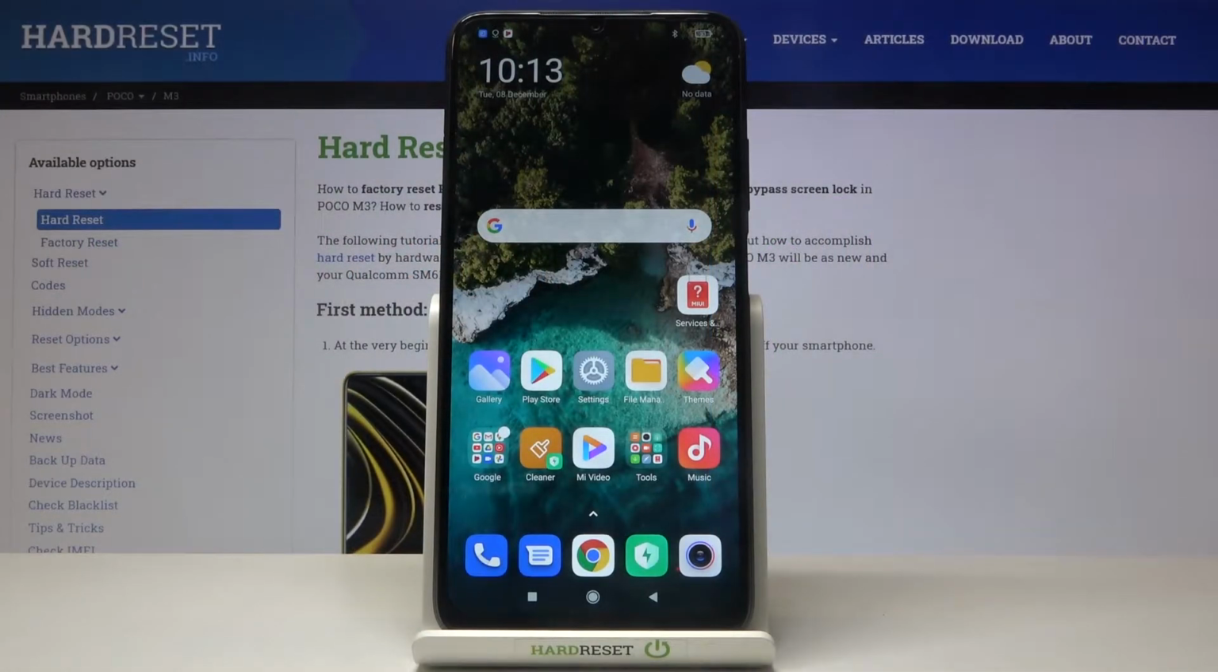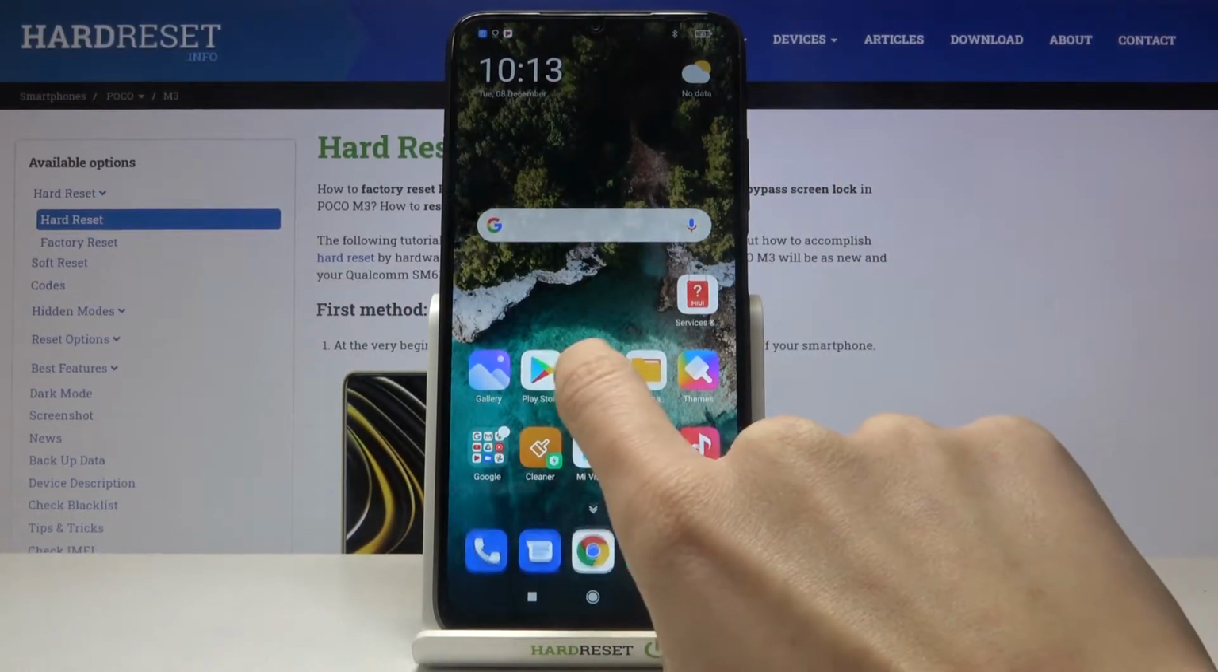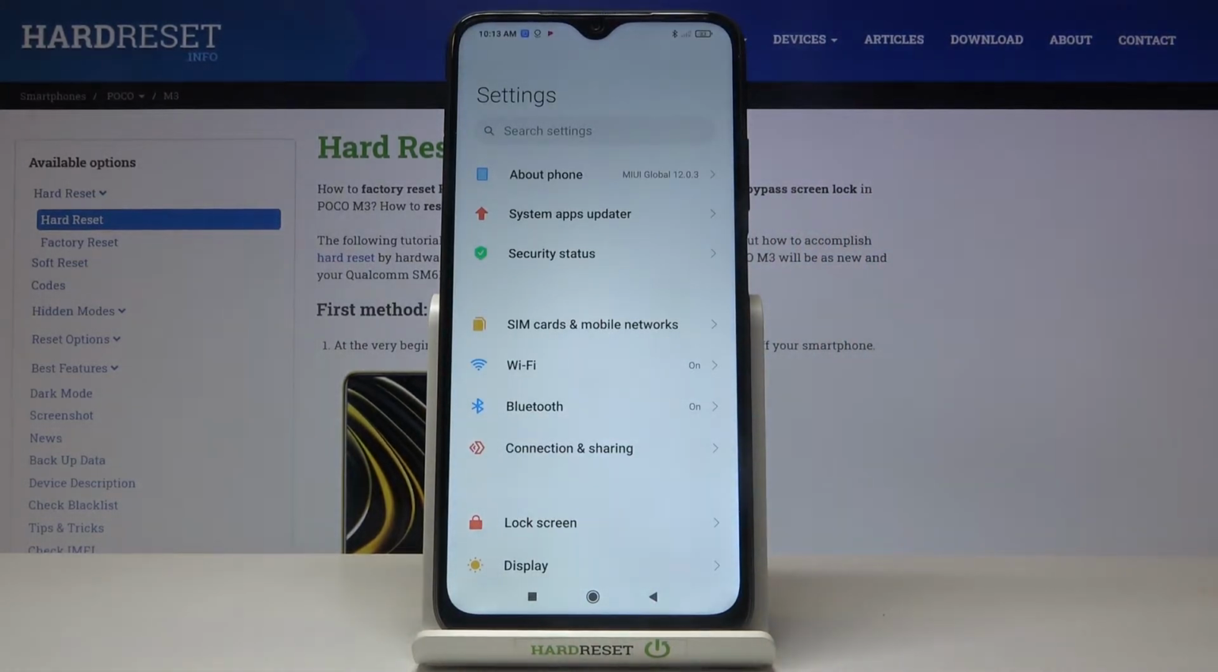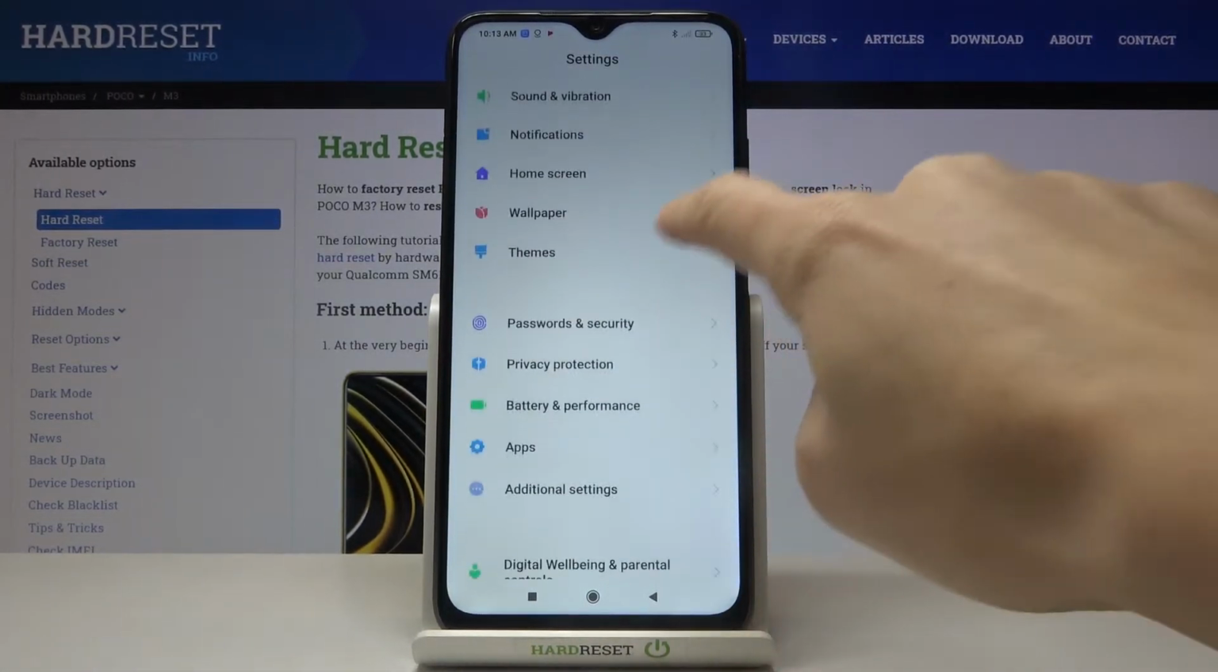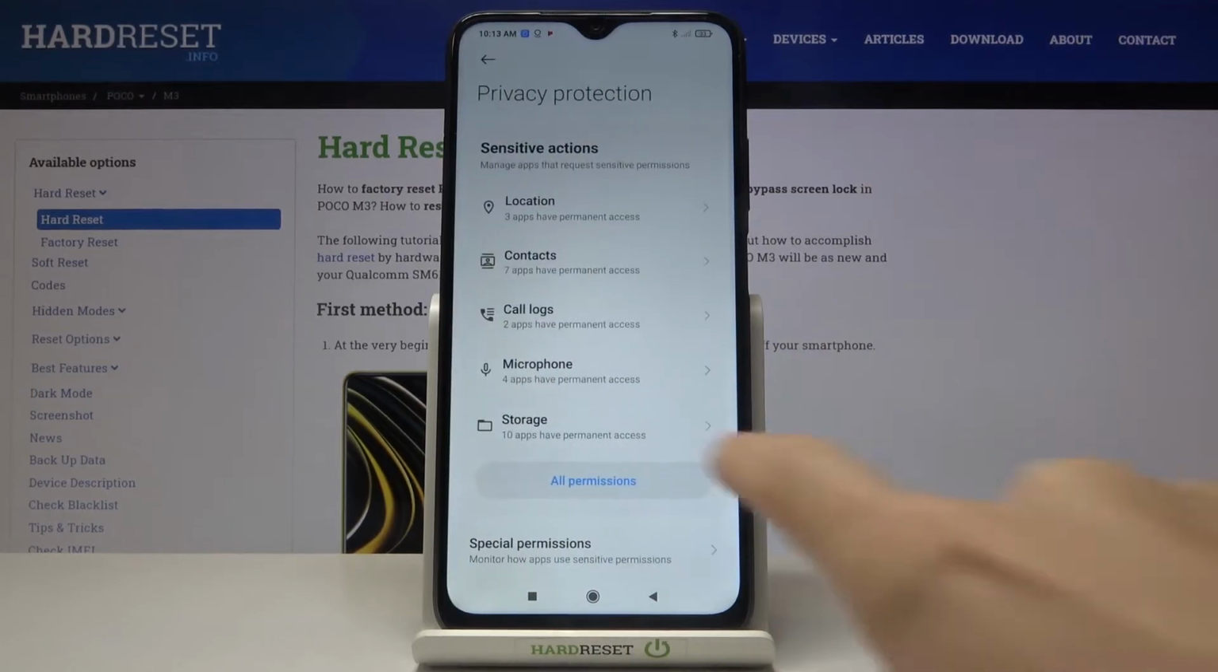Here I've got POCO M3, and let me show you how to activate installation of apps from unknown sources on the following device. So first of all, you need to reach the settings, then find and select privacy protection, and go to